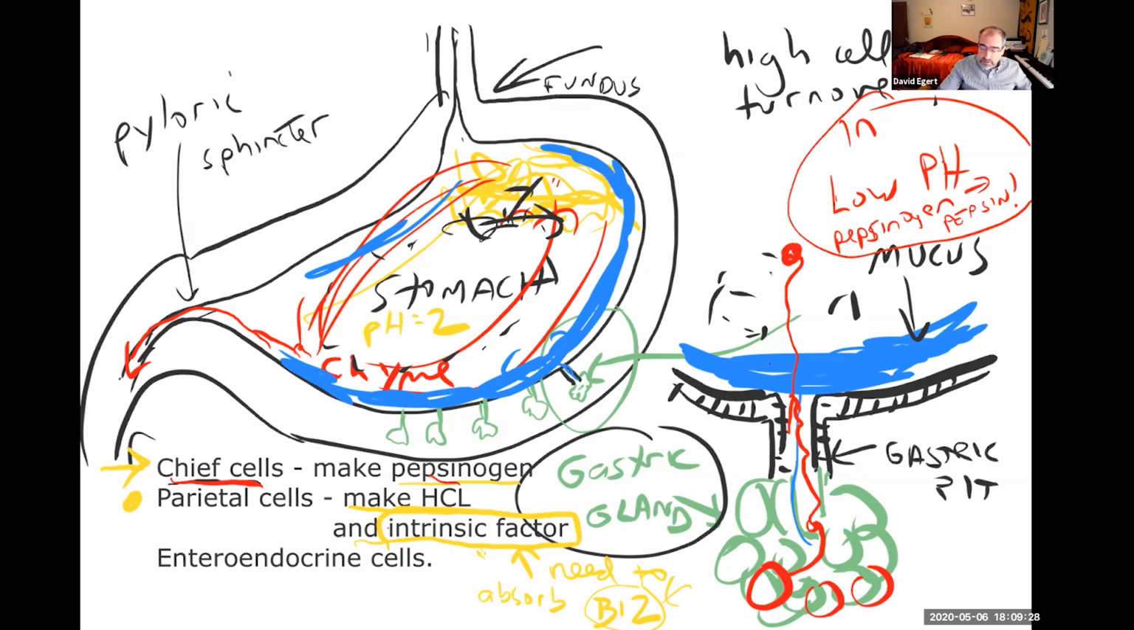So there's mucus. There's this idea of inactive turning to active enzymes, and then high cell turnover. We just constantly have new cells being produced here, migrating up. So the cells in the wall are getting worn out. They actually just get ejected into the lumen where they can get